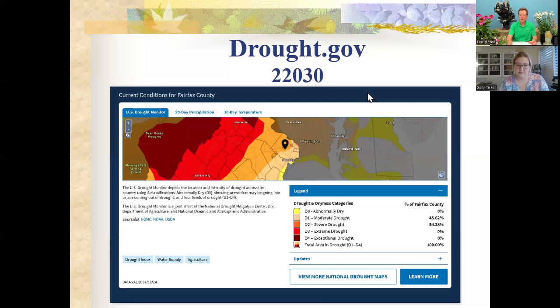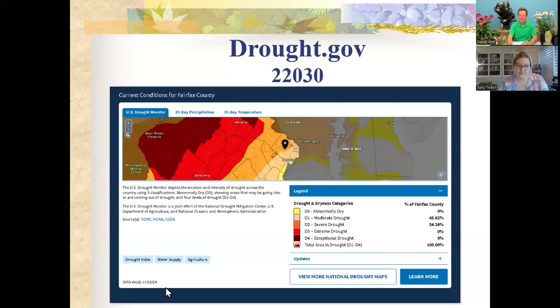So this website that I go to, again, it's fantastic. They keep these records. They are looking at groundwater levels. They're looking at river levels. They're looking at how it's influencing people. One of the things I learned from looking at this is there's 14 acres of corn in Fairfax. So I'm just saying that's kind of a weird thing, but they're looking at the influence of the availability of water in many different aspects and putting it together into this really comprehensive composite. This data, you can see, is the most current one.